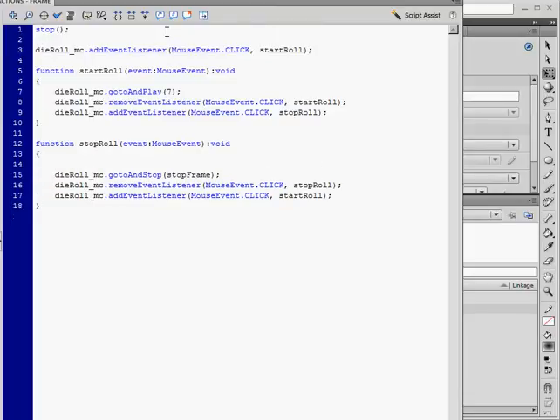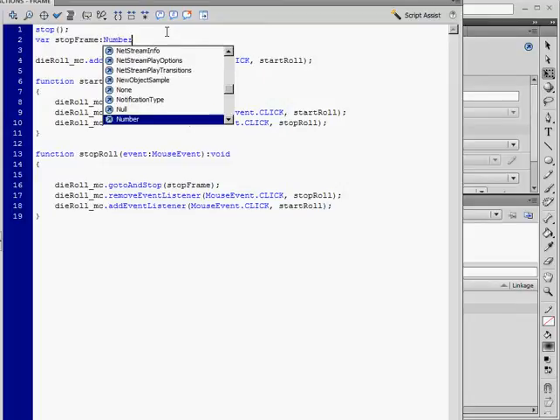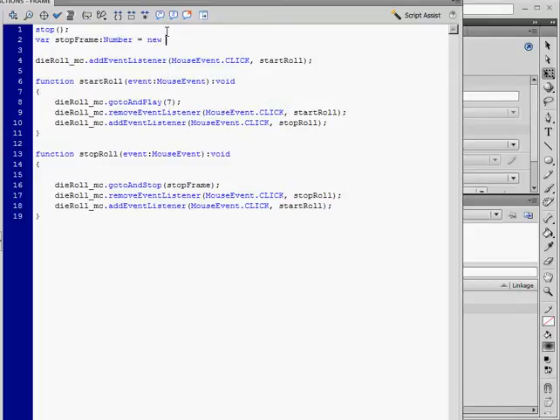First we need to declare the variable. Var stop frame is going to be a number. It's a new number with no value. Okay. Now we'll give it a value. Stop frame equals,